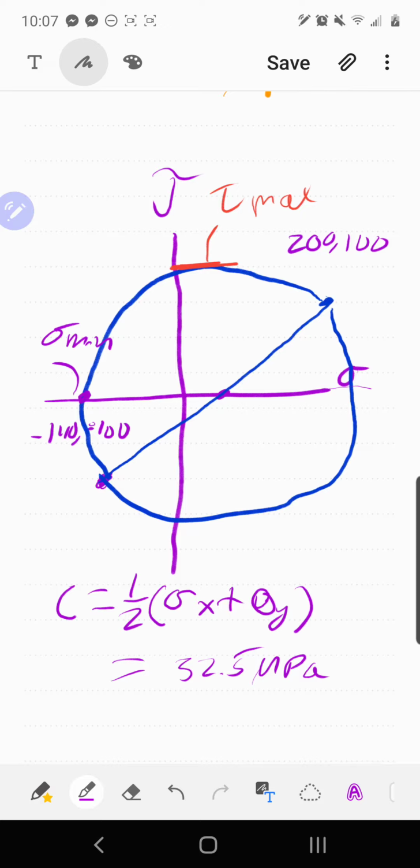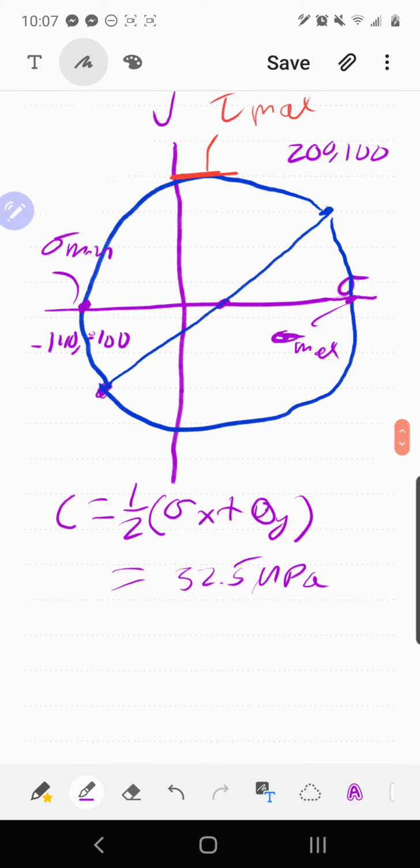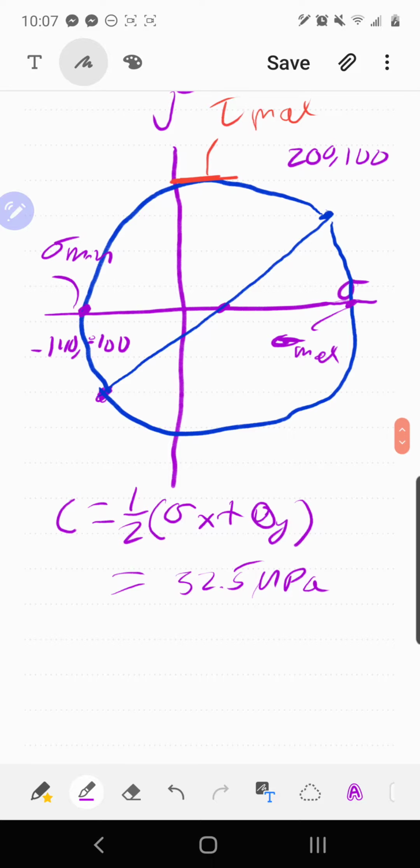And then we're going to extend this a little bit. Sigma max here. If you're asked to find either of these, you know where to find them now. You can find those using basically trigonometry and other algebra to locate where they are on this circle. But to get tau max in this regard, what do we need to do? Well, we need to know what the radius of this circle is, because if we know the radius of this circle,